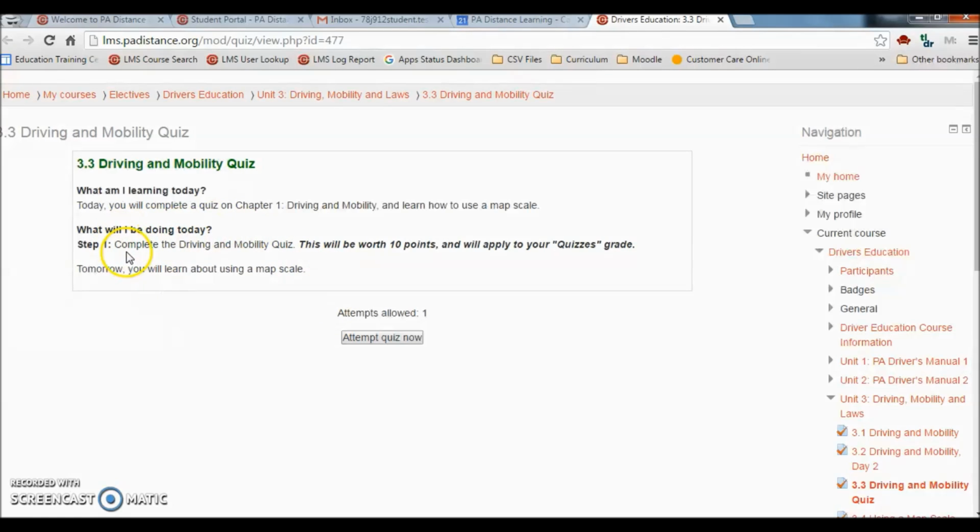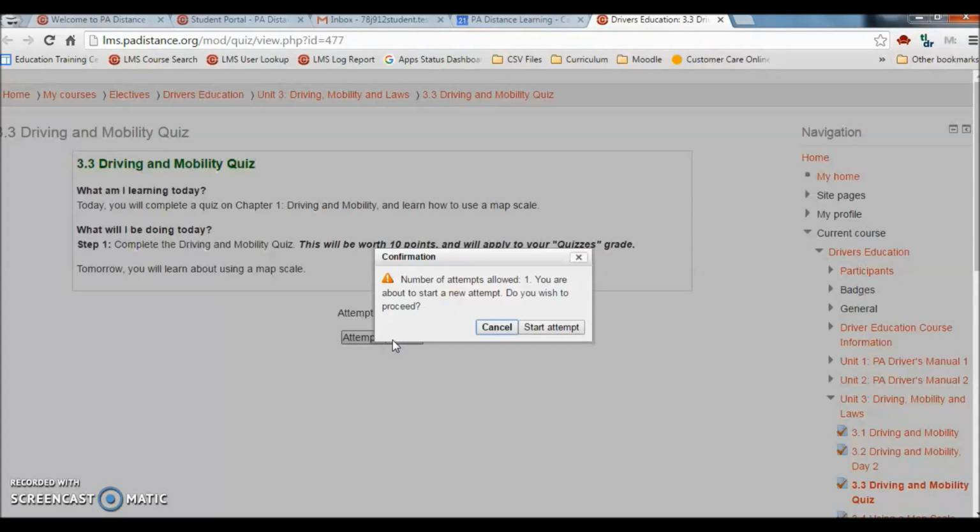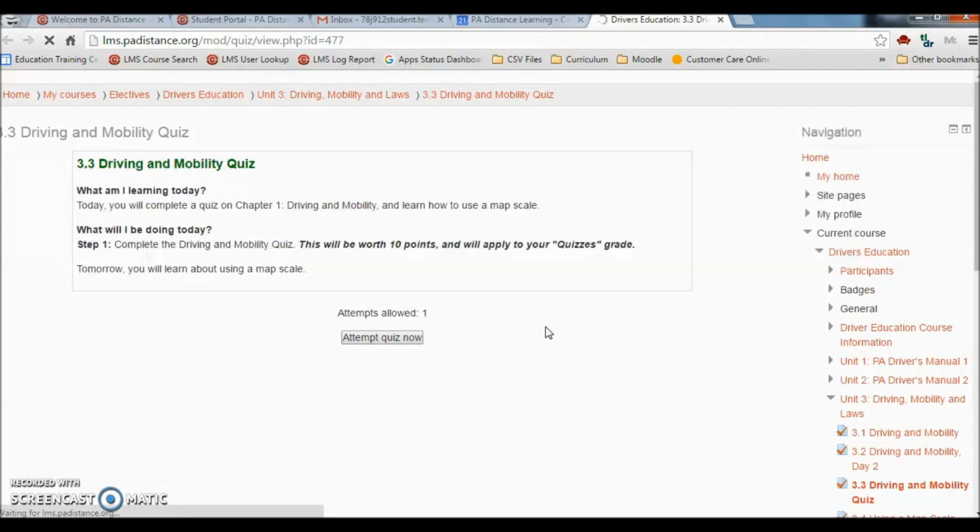So in order to get this online quiz started, I'm going to simply click the button that says Attempt Quiz Now. Now it'll warn me that I'm only allowed to take this quiz once, and that I'm about to start a new attempt. Do I wish to proceed? Well, yes, I do. I want to get this quiz finished. So when you hit Start Attempt,